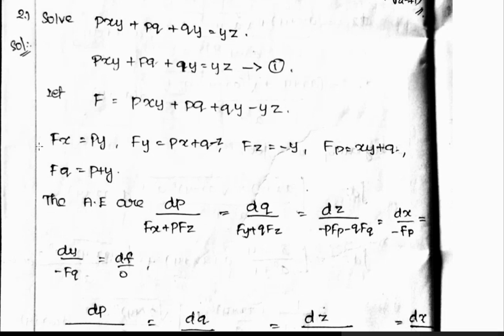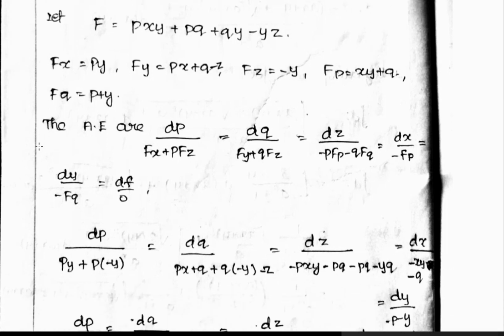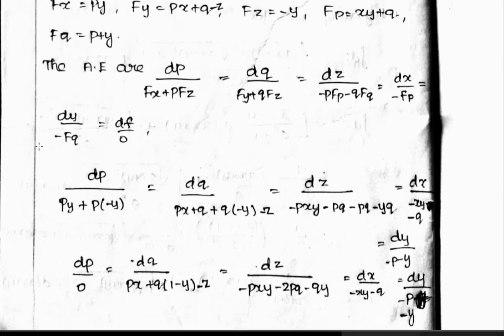Charpit's method formula, that is dp by fx plus pfz, dq by fy plus qfz, dz by pfp minus qfq, dx by fp, dy by fq, df by 0. This is the formula. You have to substitute each fx value, and p into fz value is minus y here. So similarly, you have to substitute fy and fz values, fp, fq values. So all the terms you have to substitute, and simplifying the denominator terms, you get dp by py minus of